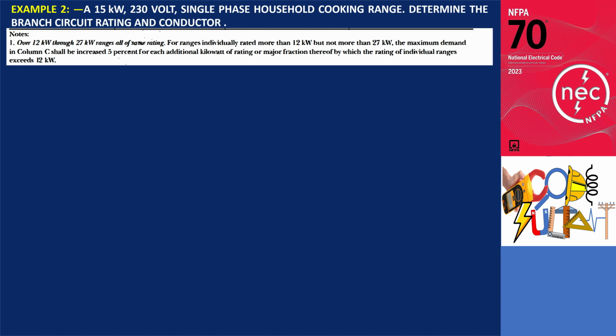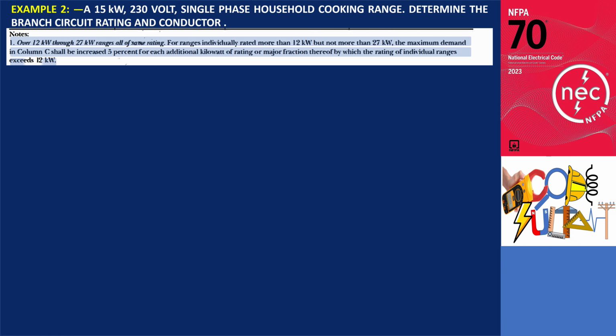Let's take another example, this time with a larger appliance. Suppose we're asked to size the branch circuit for a 15 kilowatt, 230 volt, single-phase household cooking range. Before we jump into the calculation, we need to understand how Note 1 of Table 220.55 applies. Note 1 states that for ranges individually rated more than 12 kilowatts but not more than 27 kilowatts, the maximum demand in column C shall be increased by 5% for each additional kilowatt, or major fraction thereof, by which the